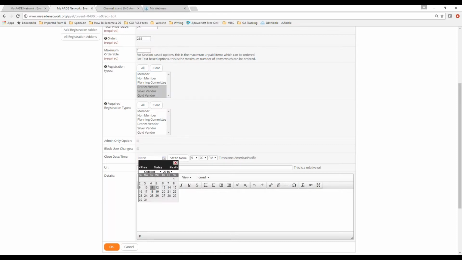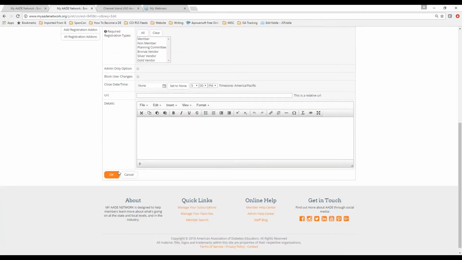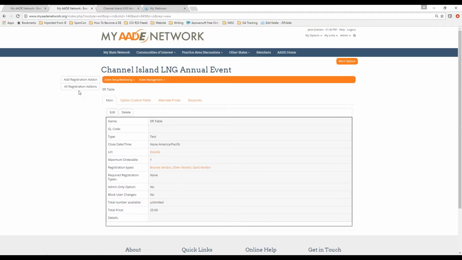The close date and time, you don't need to put one in here, but if there is a close date and time, you can make it the same as when your registration closes. URL, if you were selling something such as a t-shirt that was on another website, you could put the URL in here that would take people to view it. And then details are any details for you that you need to know about this. So I'm going to hit OK, and I want to add